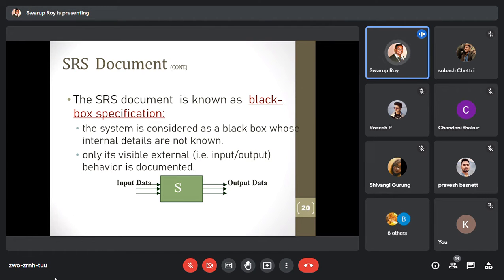Okay, a TV is basically a black box. You put in some input and you expect some output. So an SRS document doesn't consider much detail about how to do something. They normally consider what to do. Okay, what is the purpose? Say, for example,